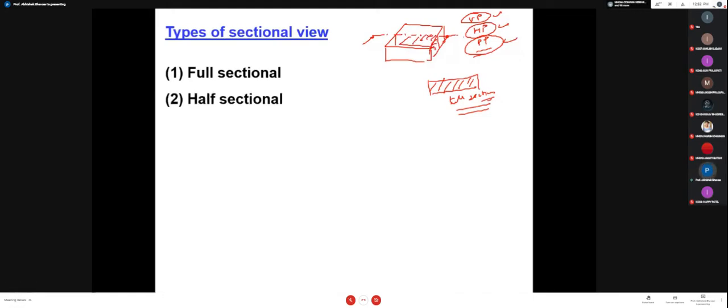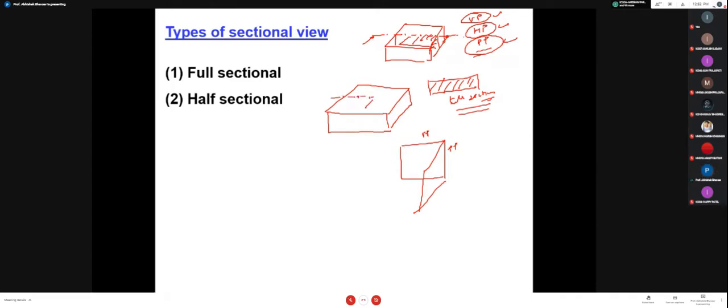The second one is the half section view. In a half section view, say I have the same job, and I want a half sectional view, in which I will have a cutting plane in this form. Your cutting plane is parallel to the vertical plane for some of the portion and parallel to the profile plane for the rest. It means that in the figure it will look like this. You will be given the arrow in this format.